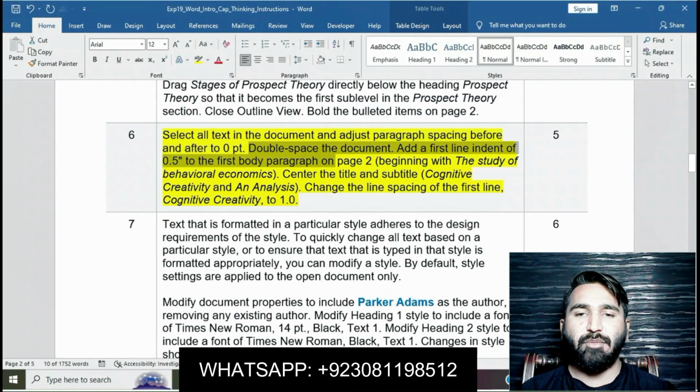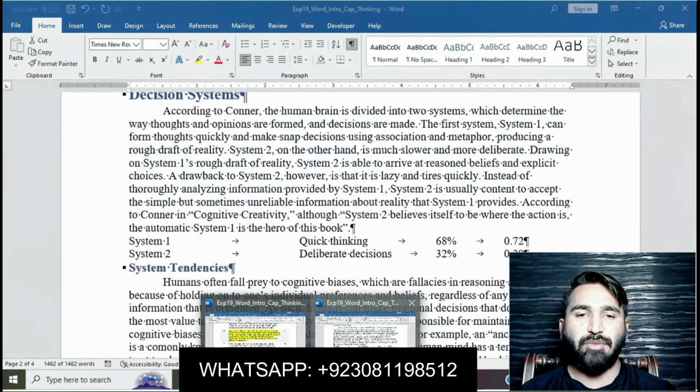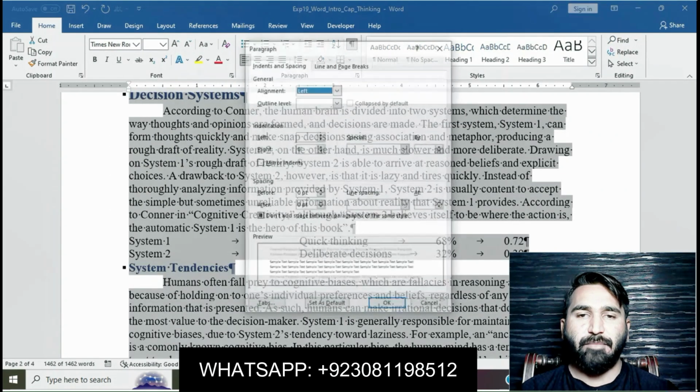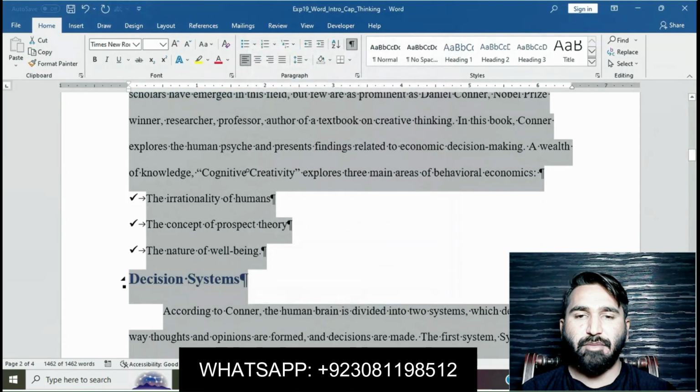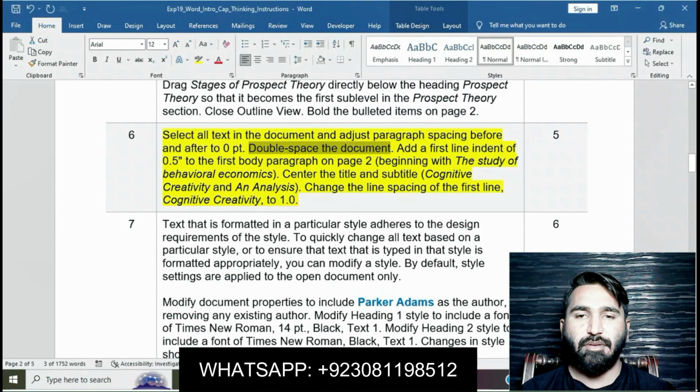Double space the document with a first line indent of 0.5. Go to Paragraph, go to line spacing and set double. Apply a first line indent of 0.5 to the first body paragraph of page 2, The study of behavioral economics.